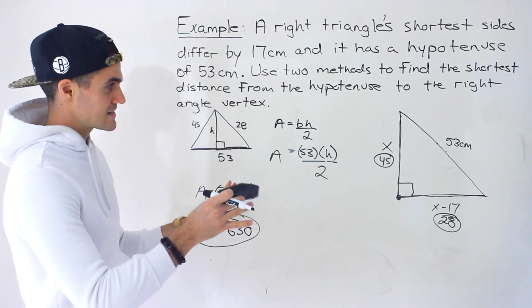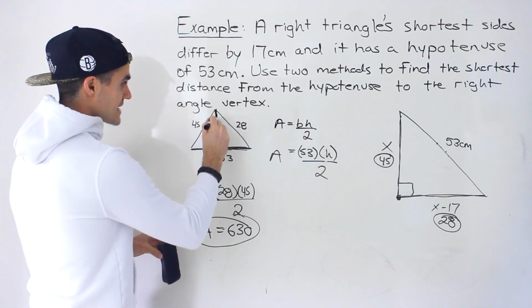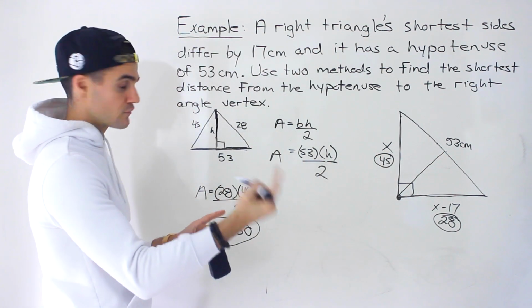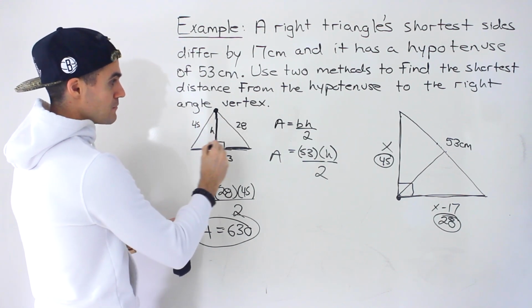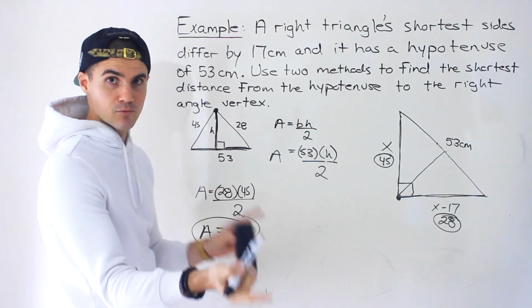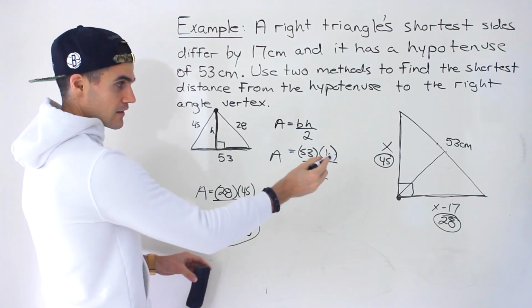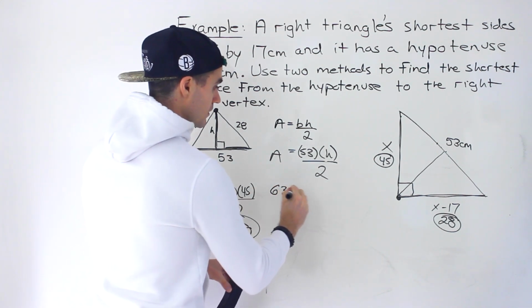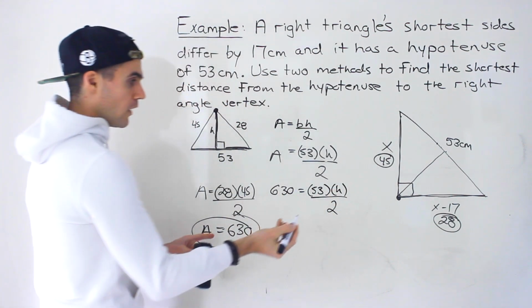But we can represent this area in another way if we let the 53 be the base and we let this altitude here, which was this line that we drew, which is actually the length of the line we're trying to find, the shortest distance from that point to that hypotenuse, be the height over here. So base times height divided by 2. And because it's the same triangle that we're dealing with, we know that this area has to equal 630, the area that we just calculated the other way. So we could take this 630, we could plug it in here,